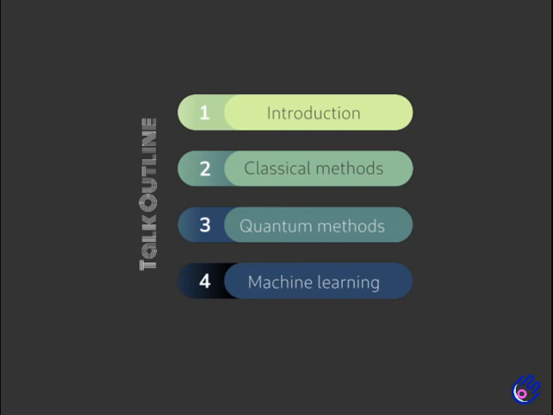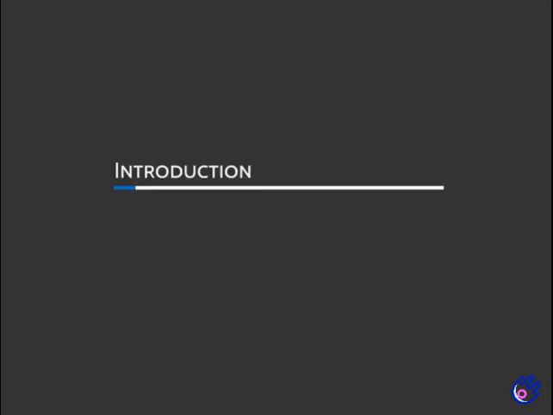I have divided the talk into four major sections. In the introduction part, I will give a short introduction on material science and materials engineering. Classical mechanics and quantum mechanics are the two major theories used to simulate material properties. I will discuss only some important aspects in both sections. In recent years, artificial intelligence and machine learning have gained much attention and they are found to be very useful in the material science regime too. This area is in a budding stage and I hope it has enormous potential. So those things will be discussed in the final section. Let's start with the introduction part.